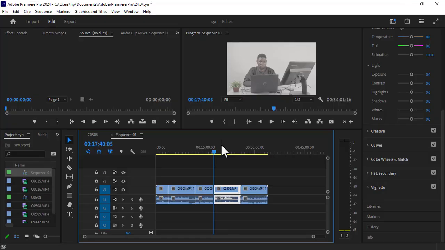The second method is the snap feature. Now, look at this feature here, it's turned on, it's called the snap feature. If it's not on, all I need is to just press S on my keyboard and it's turned on. So whenever you drag a clip, it automatically